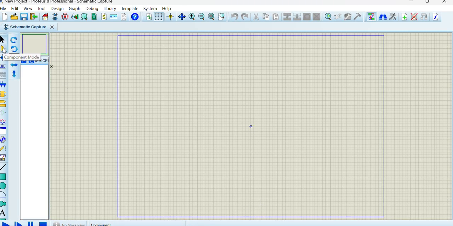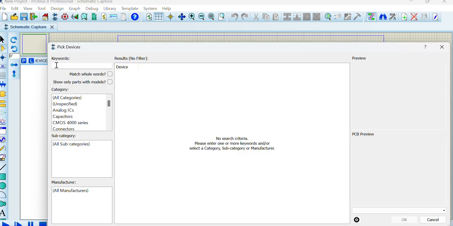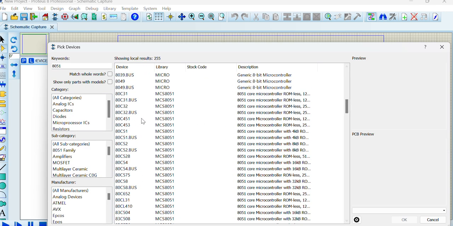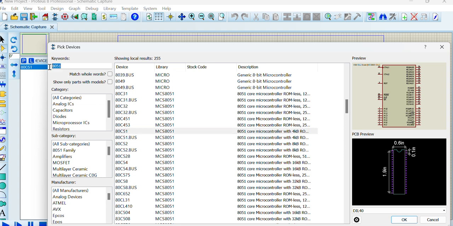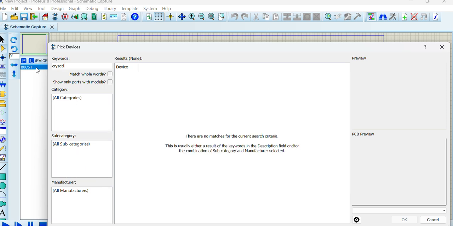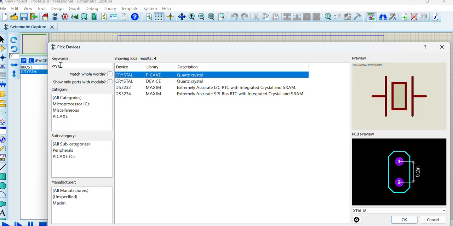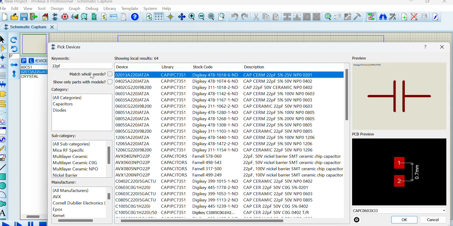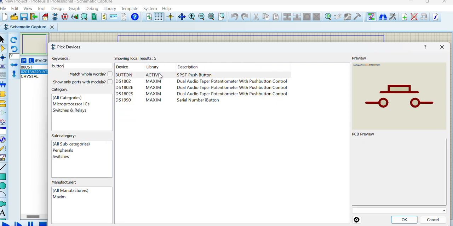So here you have to first select component mode. In P tab you have to type your components. First I will select my controller 8051, then I will select crystal oscillator, then 22 picofarad ceramic capacitors, push button for reset circuitry, electrolytic capacitor,